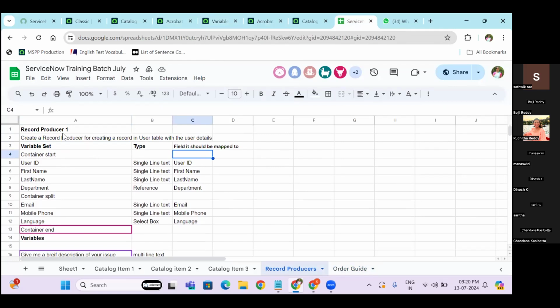Record producers, as yesterday we have discussed. What exactly a record producer is, it creates task-based records in ServiceNow. It creates the records through the service catalog or through the catalog item in the ServiceNow tables. So what tables do we have in ServiceNow? User table, incident, problem, change, location, department. Different tables like that. Through a catalog item, we'll be creating a record in the tables which exist in ServiceNow. So here the first task is for the first group, record producer one,